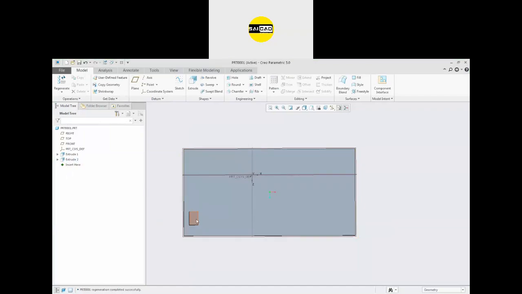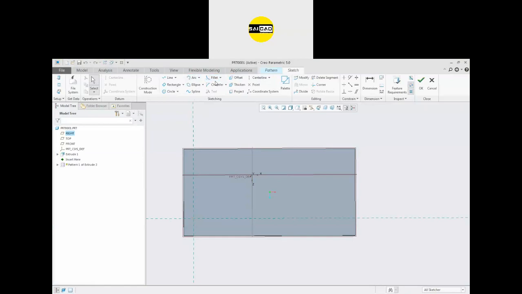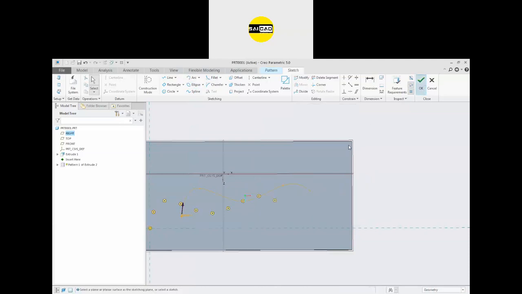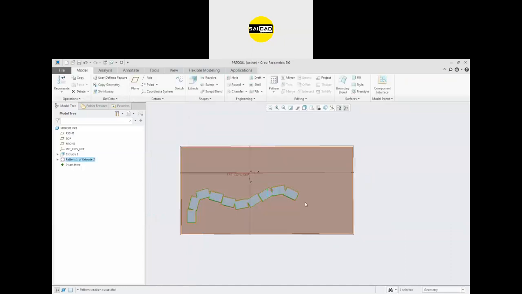So there are two types again. Select the path, go to the curve. You have to select the curve from here if you have created it earlier, or if you want to create it now, go to the reference, define the sketch and create a curve. The curve can be created with the help of sine, line, or whatever you like. Click OK, and your part will be created with the help of that curve. Just click OK, your part will be created like that.